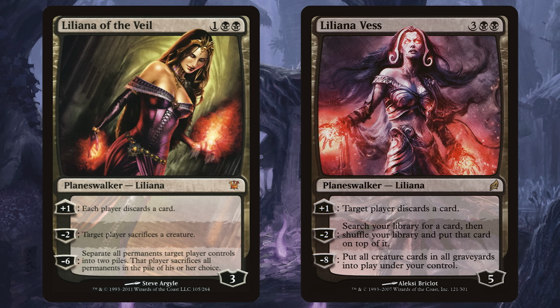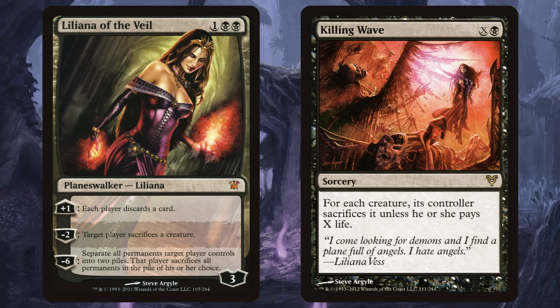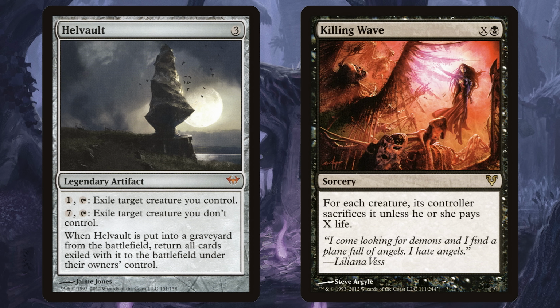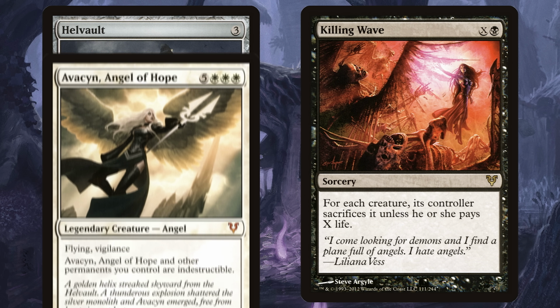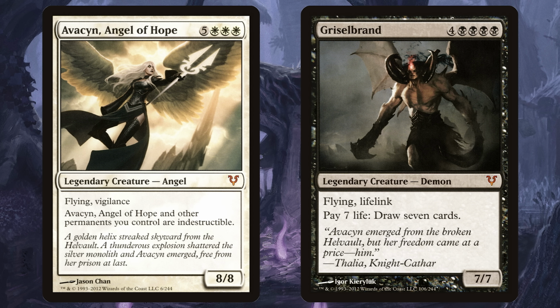Though Liliana had a prior printing in the original cycle of Planeswalkers in Lorwyn, it's this second iteration of the character that made her the iconic, beloved Planeswalker she is today. Her arc took center stage in the original Innistrad block, where her ultimate was actually used within Magic's story to destroy the Hell Vault and unintentionally free Avacyn so that Liliana could destroy Griselbrand, one of her demon masters,